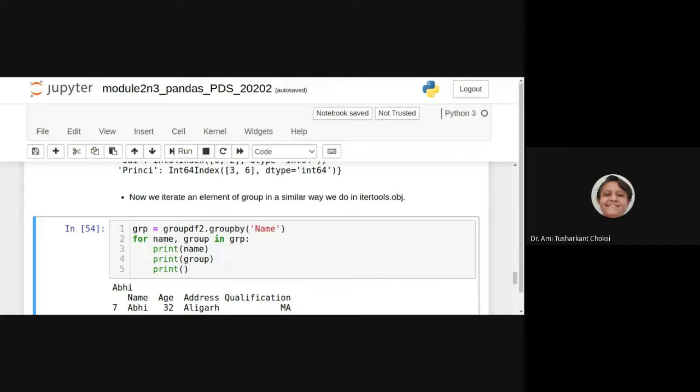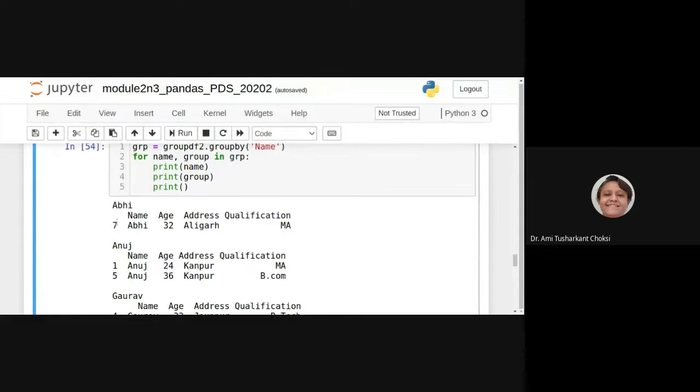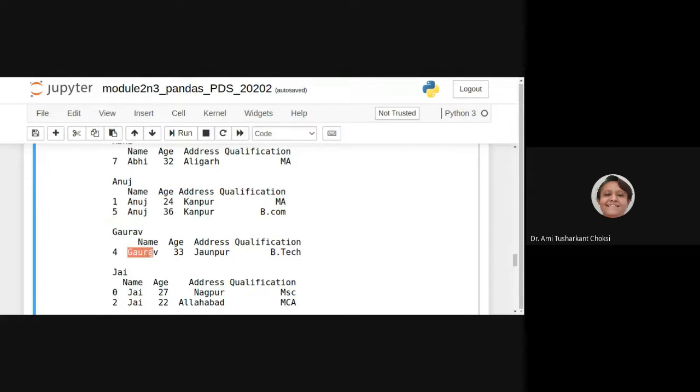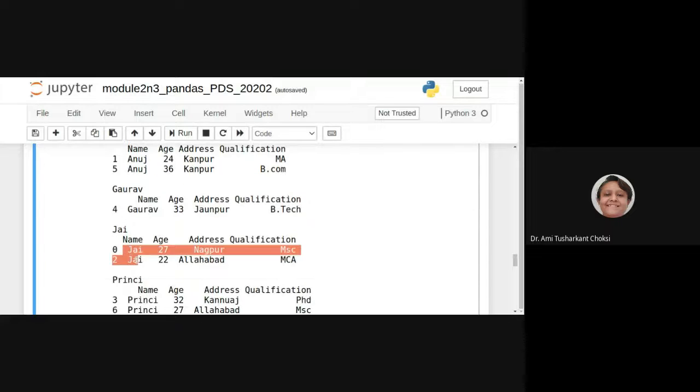See here, the group name is given. This is the group name, and what is there in the group, that's what we are able to see here. This is Abhi. This is for Anuj, two Anuj are there. For Gaurav, only one Gaurav is there. For Jai, two Jais are there.